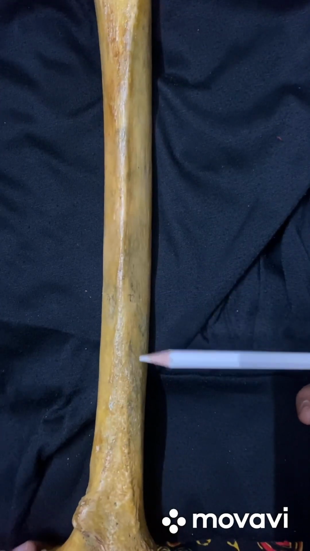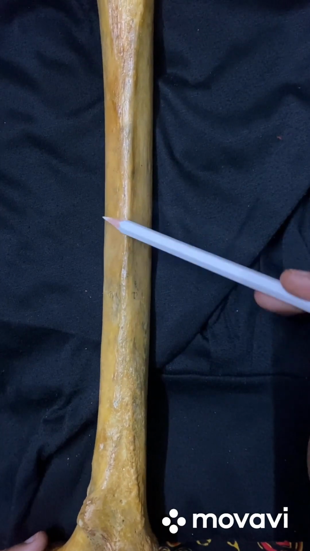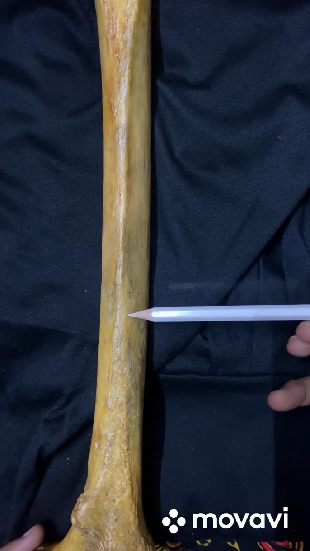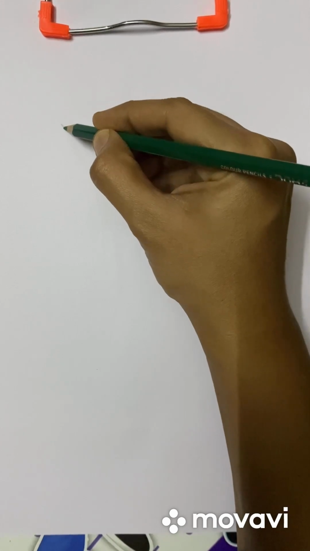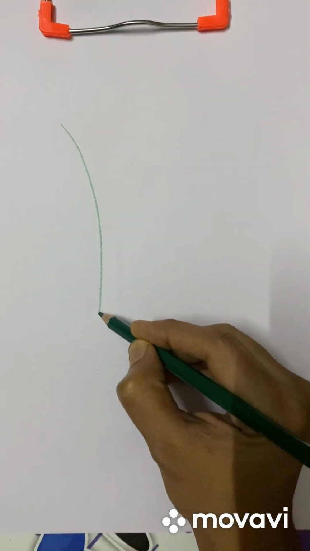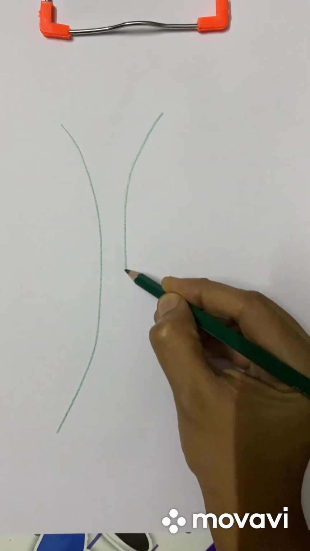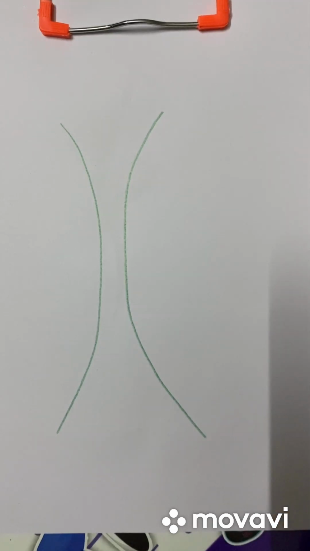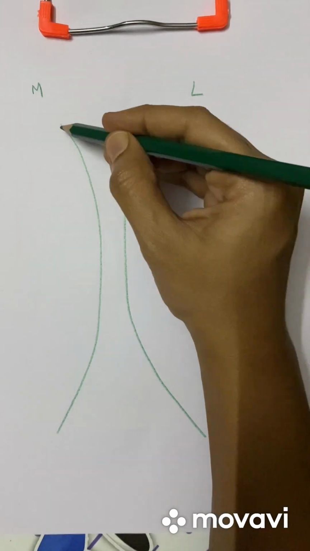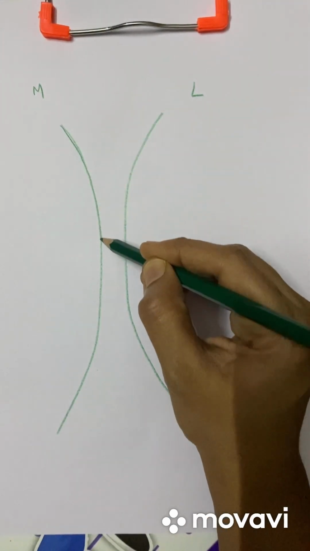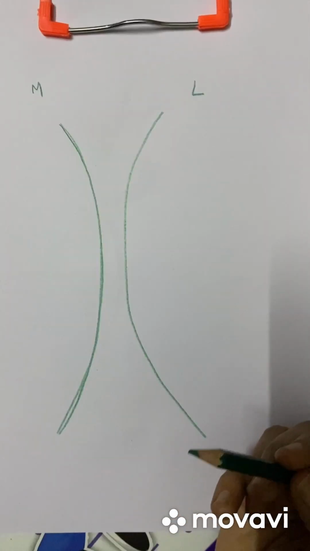Now to this linea aspera. The linea aspera has two lips, medial lip and lateral lip. Here we can see in detail. This is the medial lip of linea aspera. This is the lateral lip of linea aspera. So medial side and lateral side. From the medial lip of linea aspera, the medial intermuscular septum takes attachment. From the lateral lip of linea aspera,